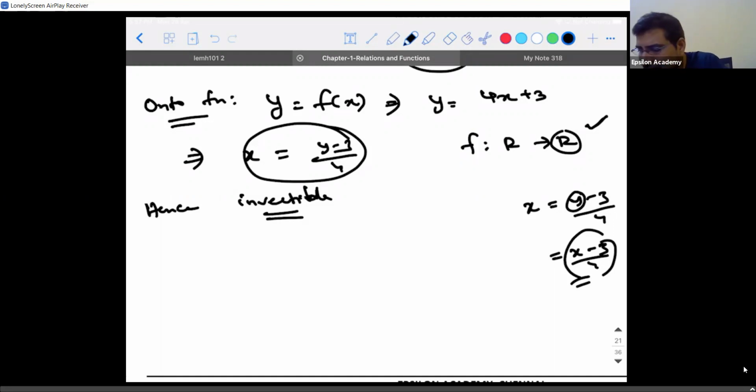I told you what the answer is: x minus 3 by 4. When you know the answer, is it difficult for you to bring it out following the steps? I don't think it is. Right? You're just going to follow the steps for the sake of getting marks, that's it. Okay, what are the steps to be followed?